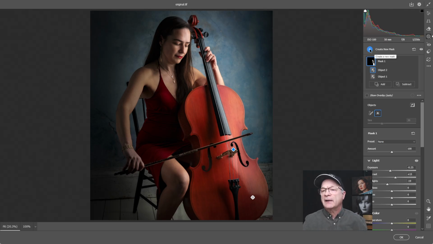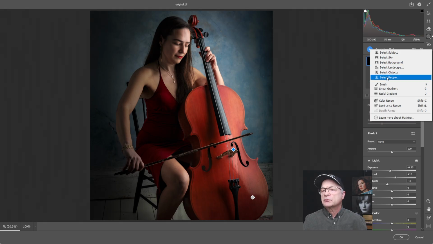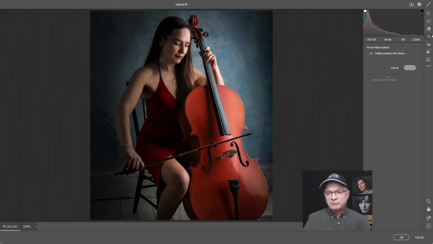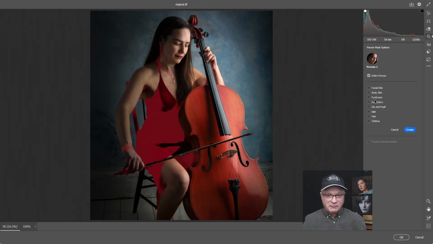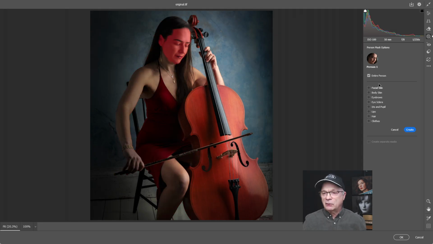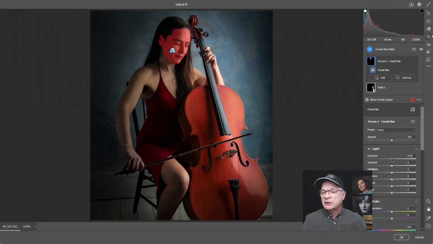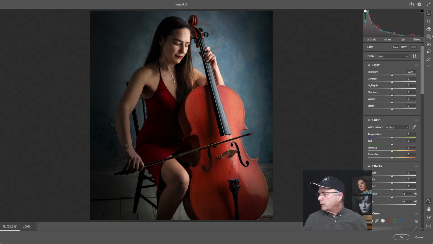Let's go to her face, and let's just bring up, so we'll go to our mask again, select people. And once we've got the person, we can do all kinds of different things with masks. If you've been watching this channel for a while, you know that I love Adobe Camera Raw because of all of this automation. So let's do facial skin. So we just simply click on facial skin, and we're going to create, and I'm just going to bring it up just ever so slightly, just to give a little more brightness right there. And that's all I'm doing. Focus on her face. Beautiful. Okay. So that's what we've done. So we've got that part of it done.